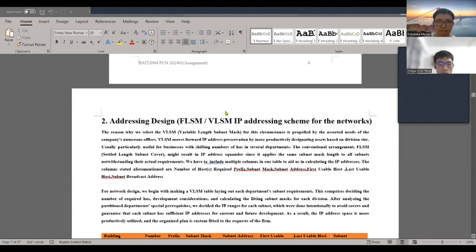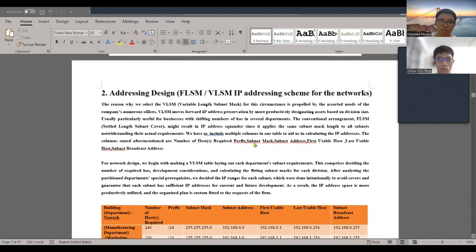Good day. I will present the address design with the VLSM IP addressing scheme for the network. The reason we selected VLSM, variable length subnet mask, for this network is the varied needs of the company's departments. VLSM improves IP address conservation by more efficiently allocating addresses based on the department size. It is particularly useful for businesses with varying numbers of hosts in several departments. The conventional arrangement, FLSM, fixed length subnet mask, might result in IP address waste since it applies the same subnet mask to all subnets,